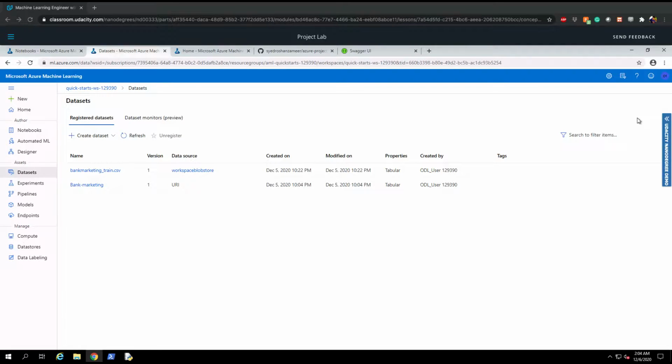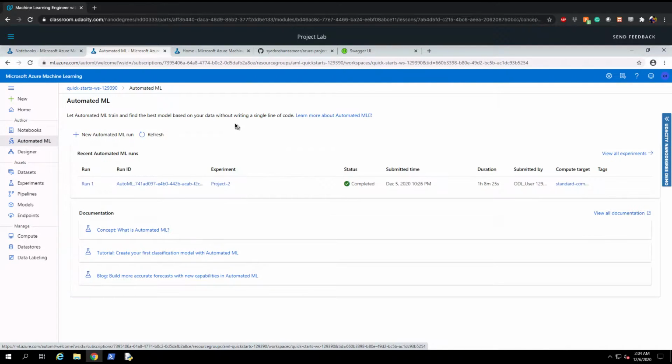Hello everyone. Right now I'm trying to do a screencast for the entire project that I've worked on. The first thing that I've done here is I've downloaded the data from the Azure ML link, and then I've uploaded it here, and I've registered this particular data set. And once I've done that, I've gone to automated ML, and here I try to create this AutoML